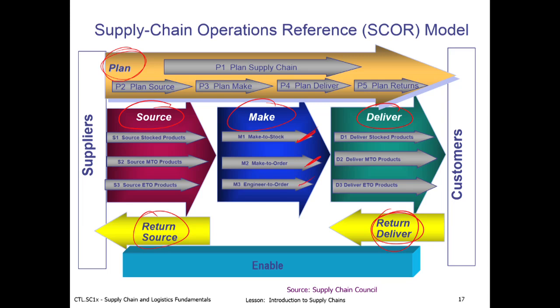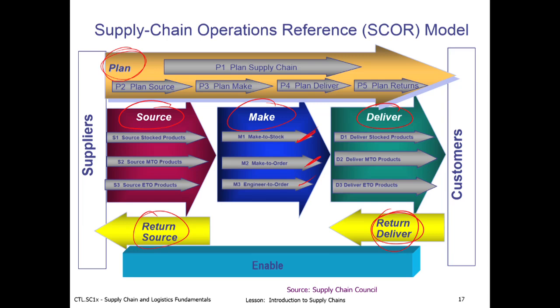And then the idea of engineering to order, where not only do I not start making it until someone places an order for it, the form of it might be different. It might be unique to them. I start figuring out exactly what they need when that order is placed. So the SCOR model is very powerful, and I encourage you to go check out the material on their website,